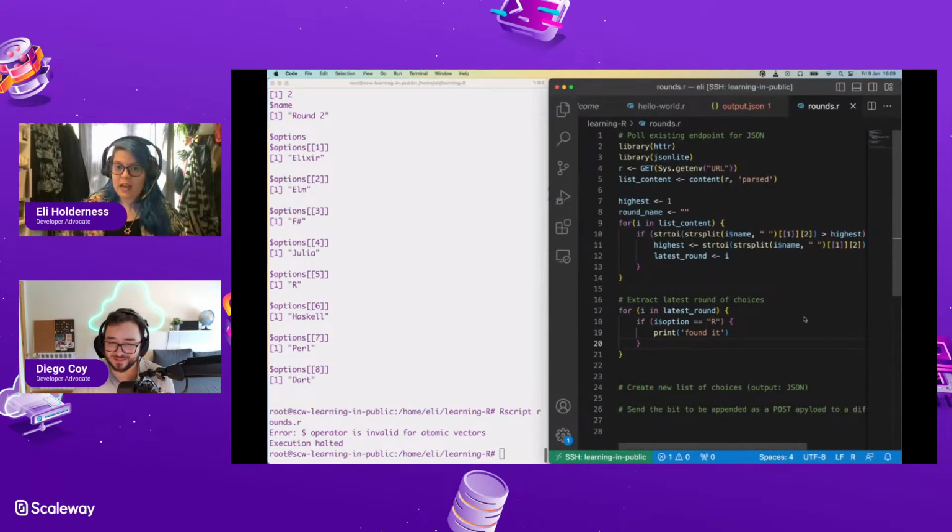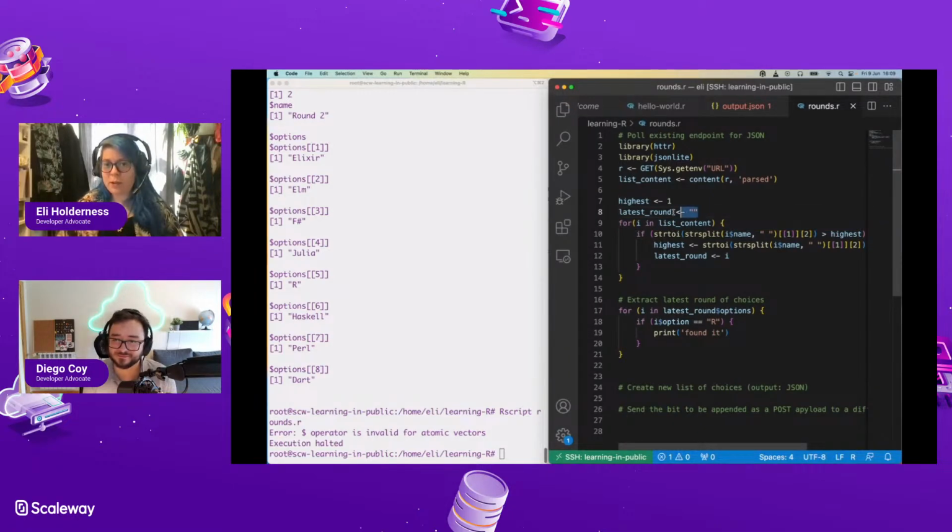I think that means that this is not. But i in latest. Hang on. Maybe you need to define latest round as well, because you're assigning it a value that it doesn't exist before. Do you need to declare it first? Yeah, maybe. Yeah, that could be. Latest round equals nothing.